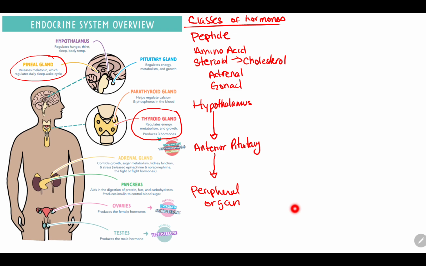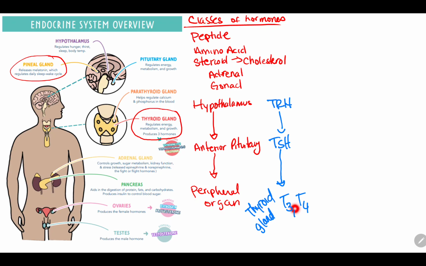So for example, let me do the one we always like to talk about. There's a couple, right? But the hypothalamus will produce TRH, thyrotropin releasing hormone, right? That goes down that portal system, tells the anterior pituitary to release TSH. That's thyroid stimulating hormone. It's also called thyrotropin. Then the anterior pituitary releases TSH to go to the thyroid gland, so the thyroid gland can produce its hormones, T3, T4, for example. And so you got to remember that follow through.